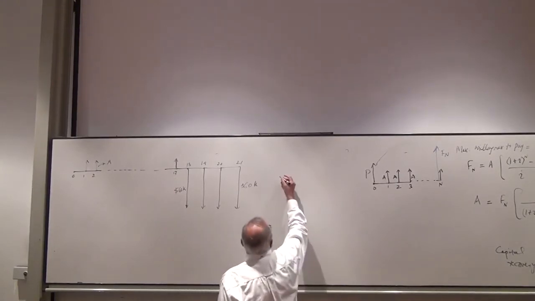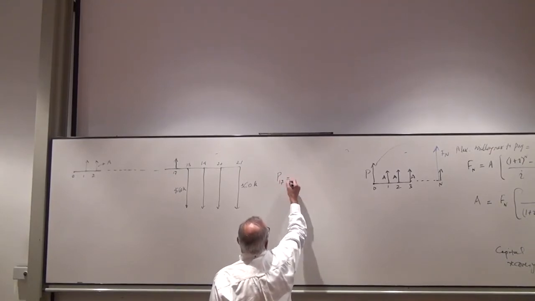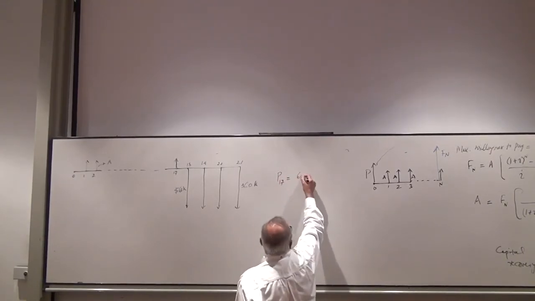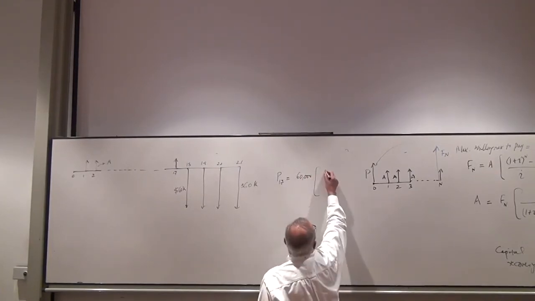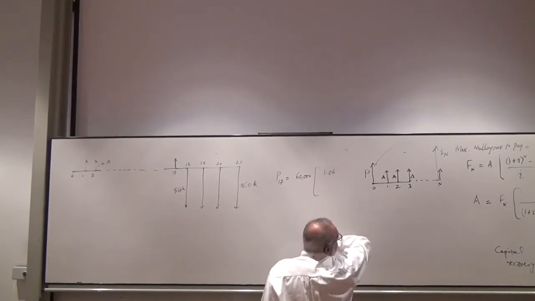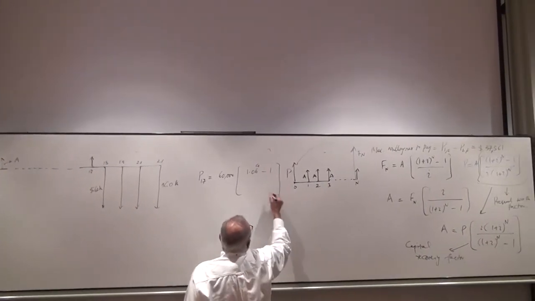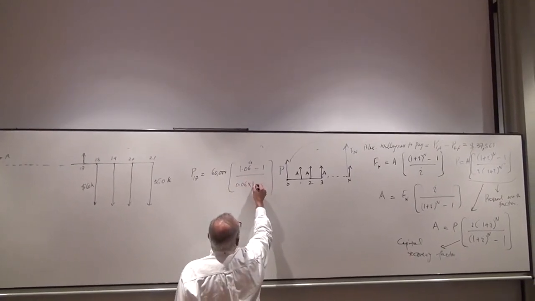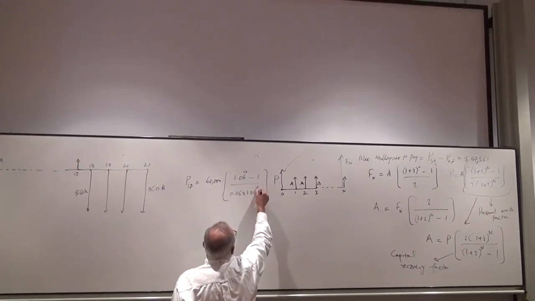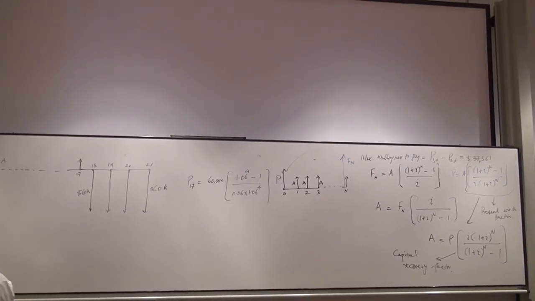So we can say P17 is equal to 60,000 into 1.06, I suppose it is also 6%, 4 years minus 1, and we have 0.06 multiplied by 1.06 raised to power 4. So P17 is now there,